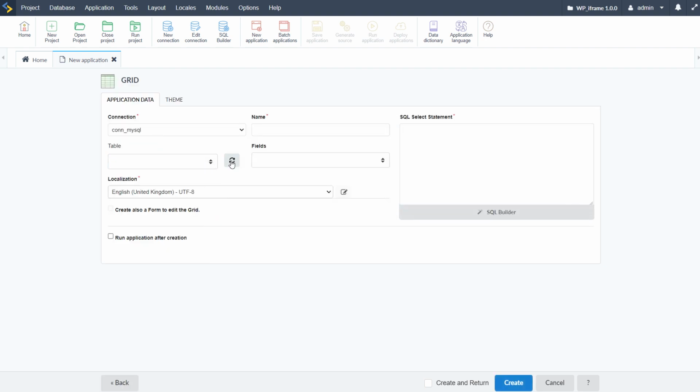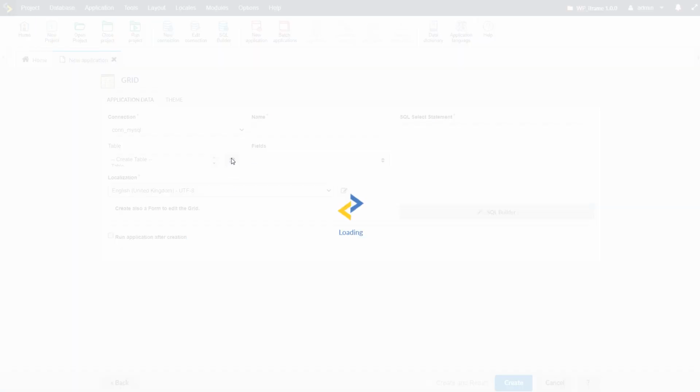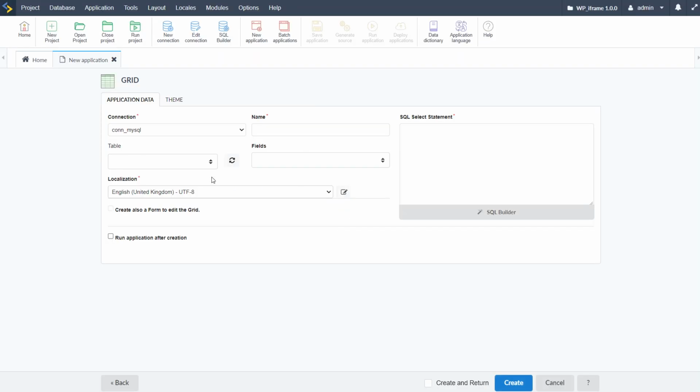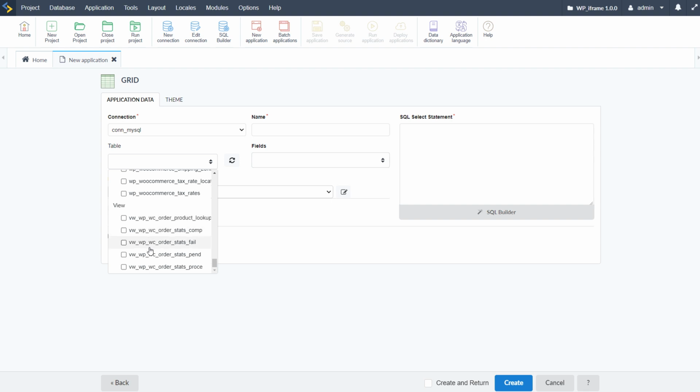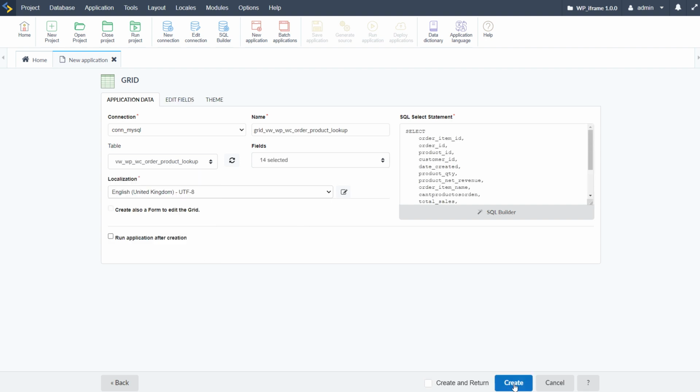If I come here to table and refresh that so that we get the latest database information, and scroll down, we have the views at the bottom. From here, I can choose the lookup or one of the other options that we have there. And if I just go ahead and click create now,